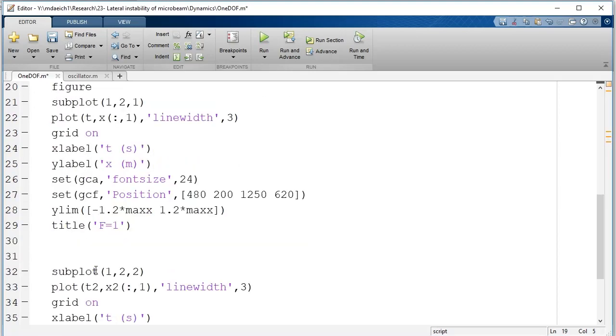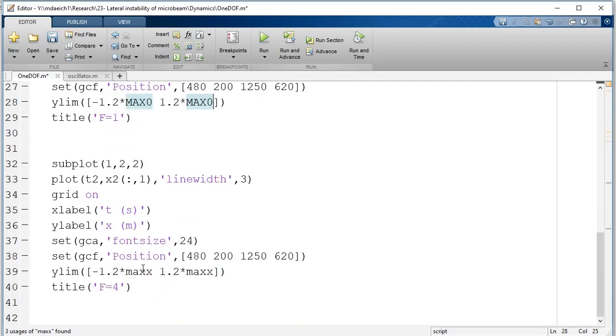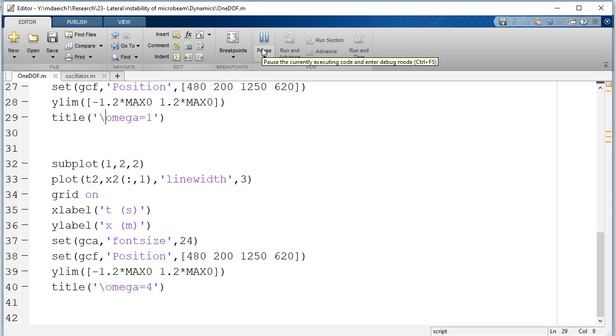So we want to have the same y limit for both subplots so that we can compare them better. So here and also here. So omega is equal to 4 here, and omega is equal to 1 here, backslash omega. So if we run this,